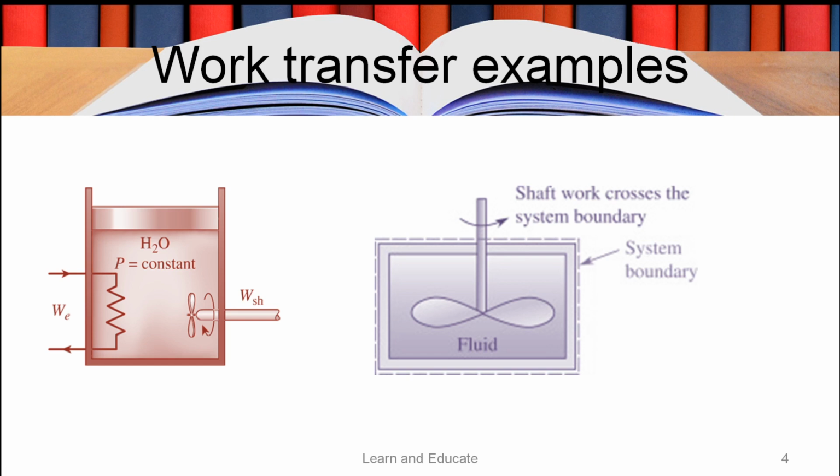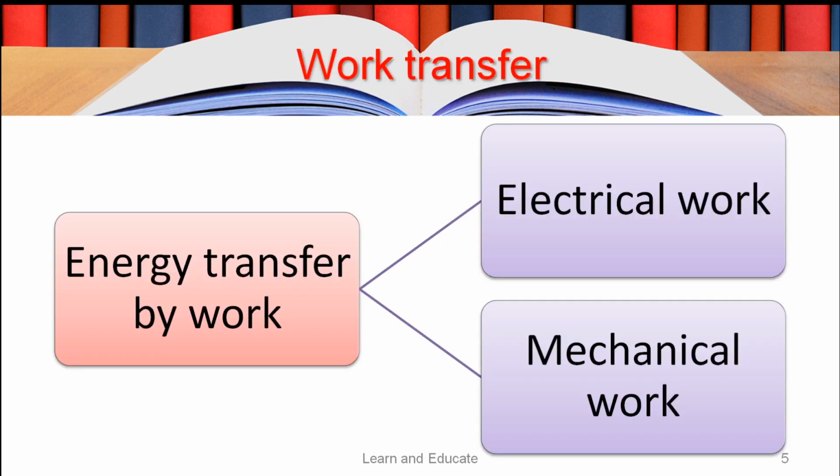So here you can see it can be of different variants. The work transfer could be electrical energy transferring, movement of electrons across the boundary, or rotating a shaft to stir the fluid. All these are forms of work transfer, or a piston moving up or down as a result of the fluid contained in the cylinder, in a piston cylinder device. All these are examples for work transfer.